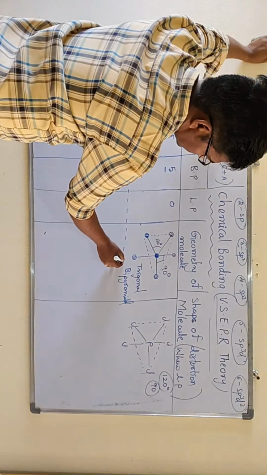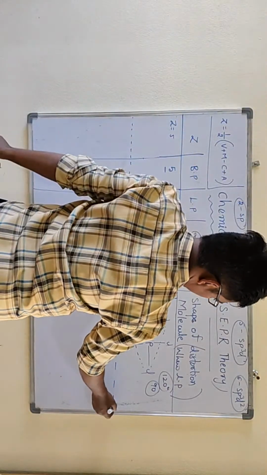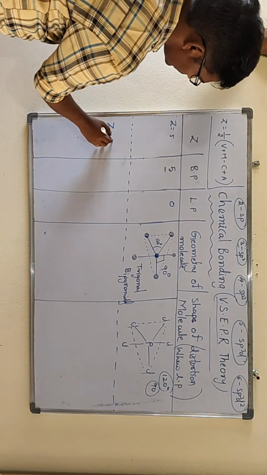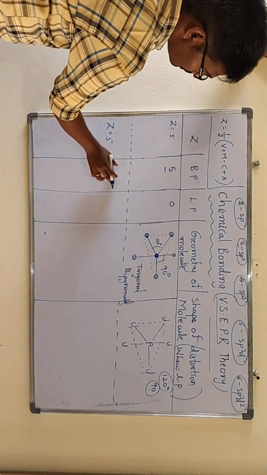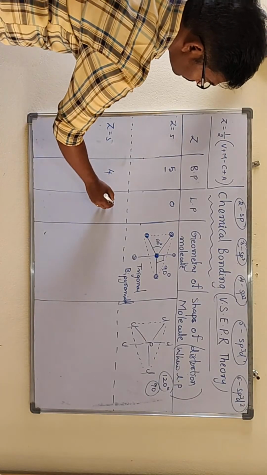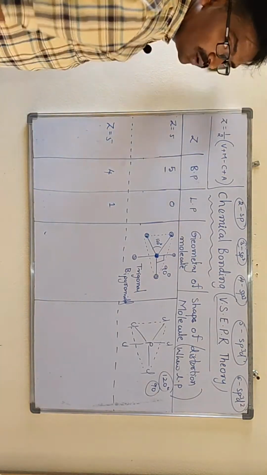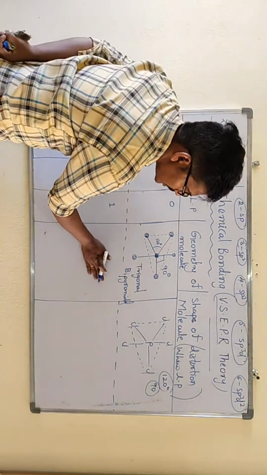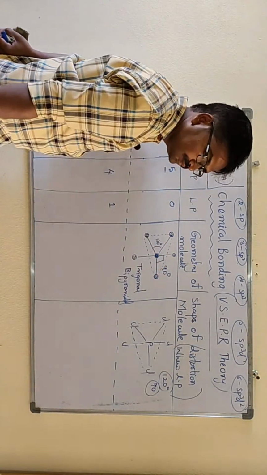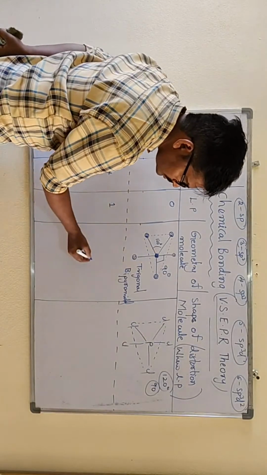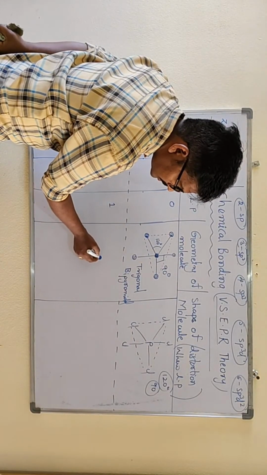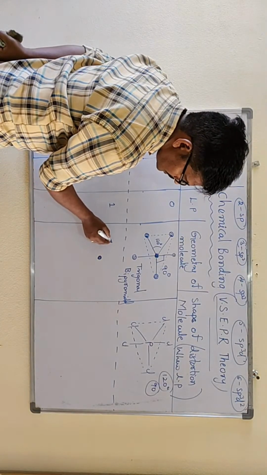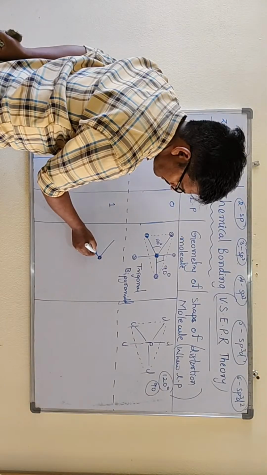In case Z value 5 is there. So bond pairs of electrons are 4, lone pair of electrons is 1. Look at the same molecule we are taking. This is the central atom, then surrounded by